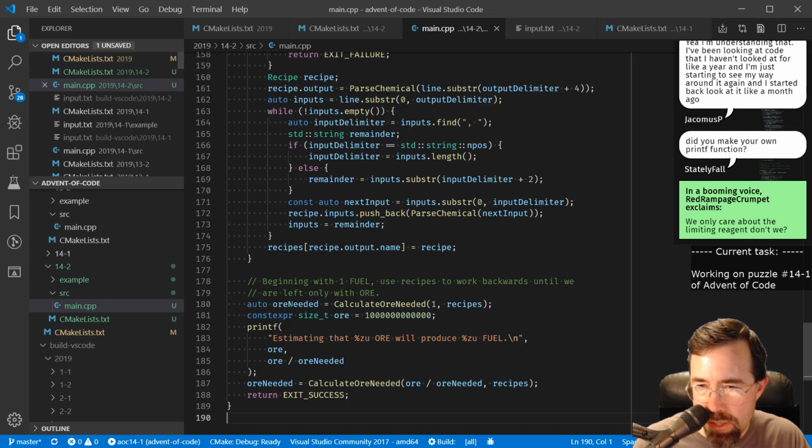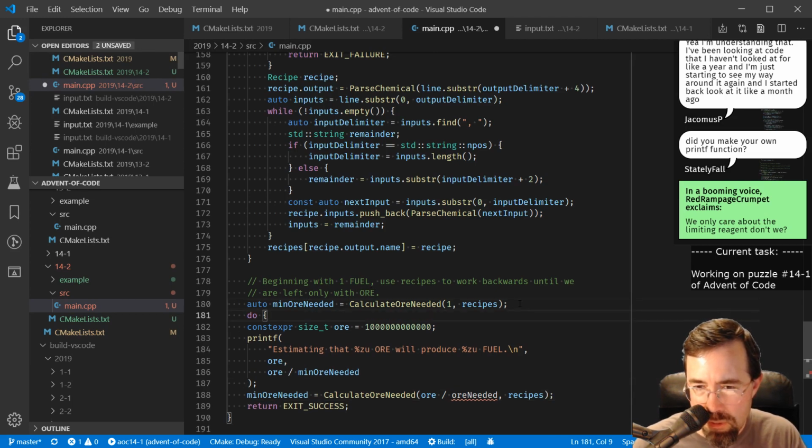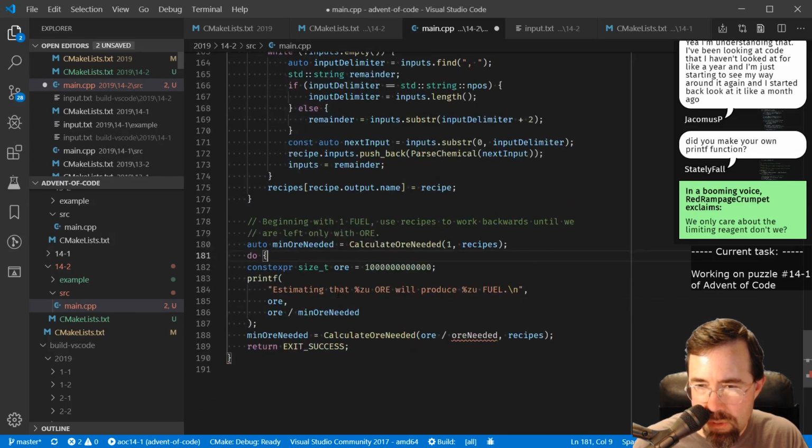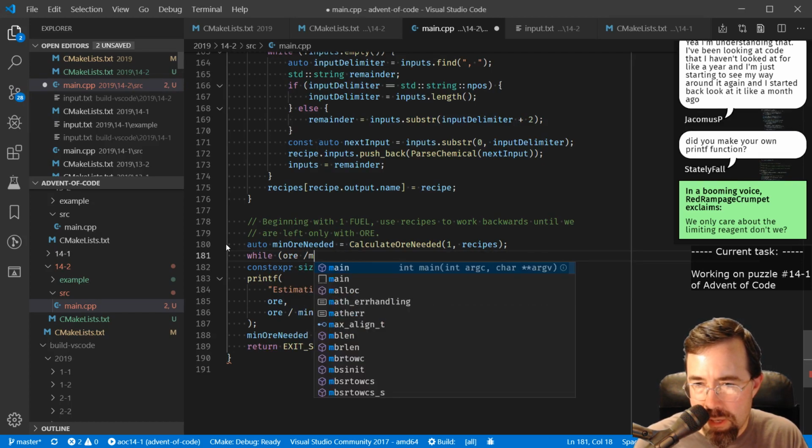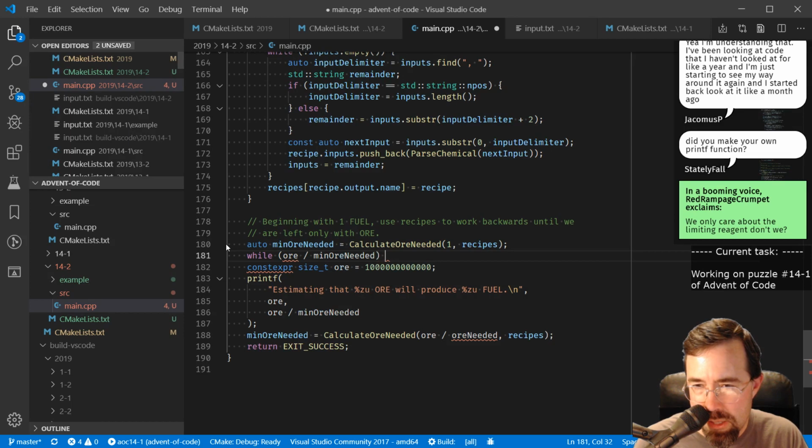So we know we're always going to undershoot the first time, right? So this will be min ore needed. And we'll just have this repeat. So do, or no, while. No, we need to do a do. Shoot. Actually, no, I can do a while. While ore divided by min ore needed is